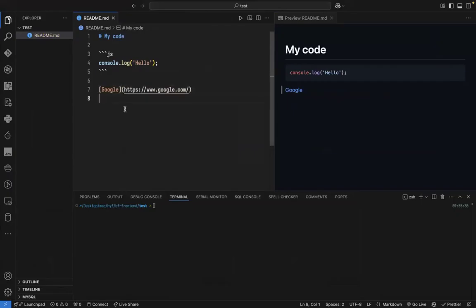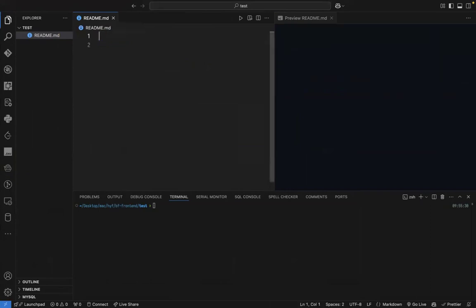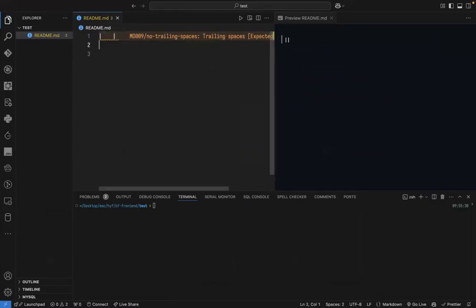Clear? Of course, if you want to have a table, you need to create the table manually. It's annoying, I know, but what can we do? So to create a table, we need to use vertical bars, as you can see, like that. I can use it like that. And then maybe after that, I can add something like that. And here I can add my name. But make sure that